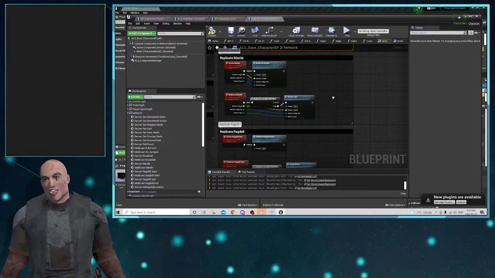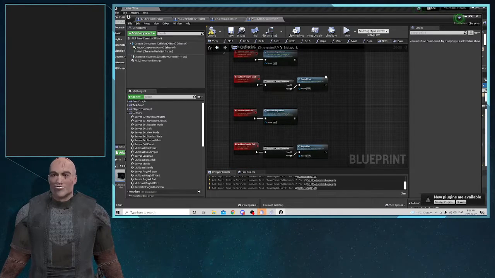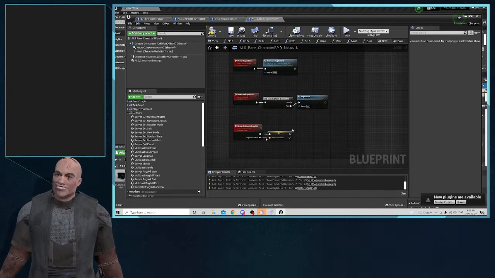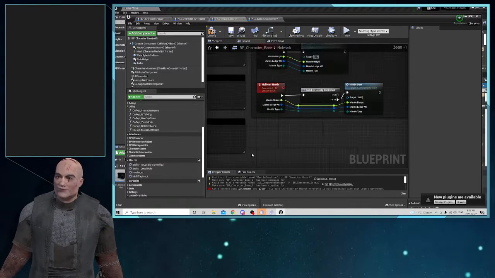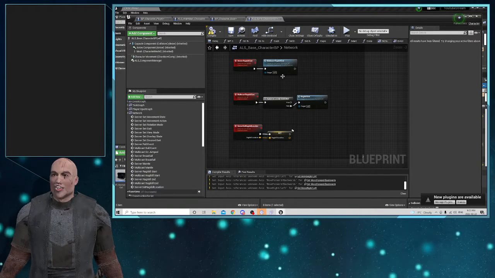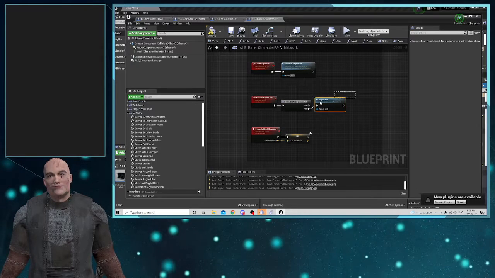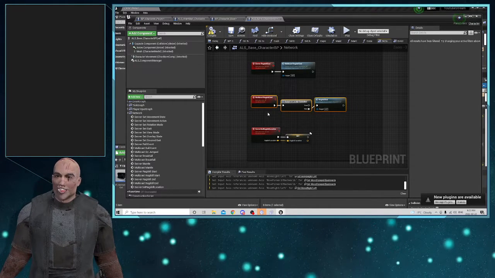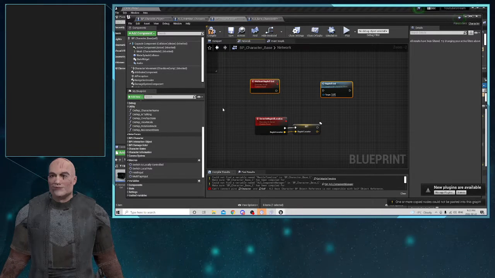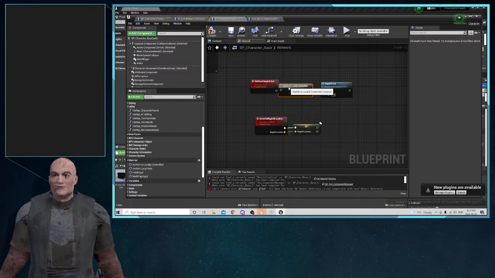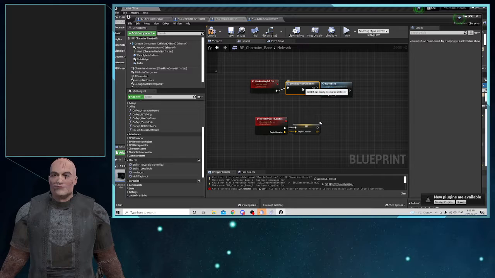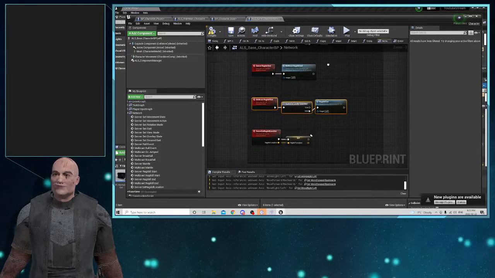All right, mantle is done. So we got Ragdoll, and I think we did one of the Ragdolls already as well. Yeah, we had to do the Ragdoll server location. Alright, so that's this one. This is a multicast, so we want to get that one out of the way. Control C, Control V, and again the multicast is to a client. So we're going to take this and add the false,